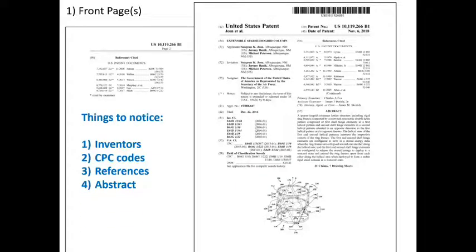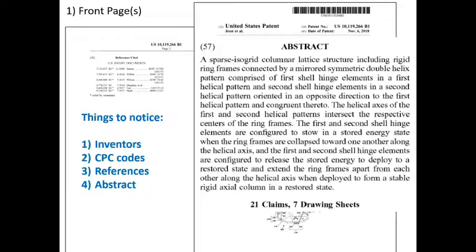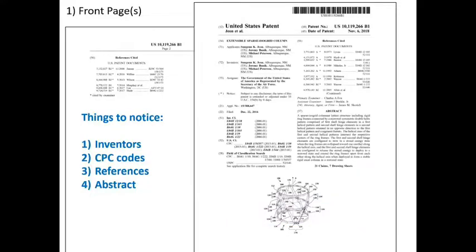Another thing you will see on the front page is the abstract, and the abstract, like a journal abstract, is supposed to give you a summary of the invention and what's going on here, so you can decide if you want to read more or not. One thing that will be below the abstract is the number of claims and drawings. So if you go to the full document, you should find 21 claims and 7 drawing sheets. And speaking of drawings,